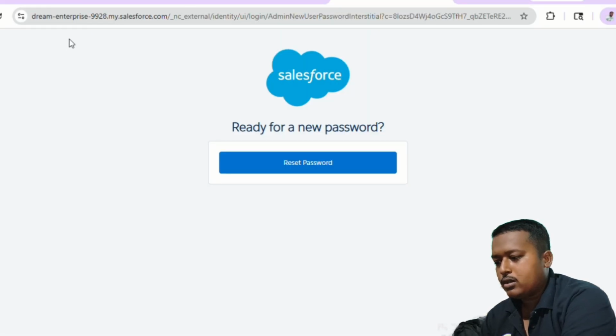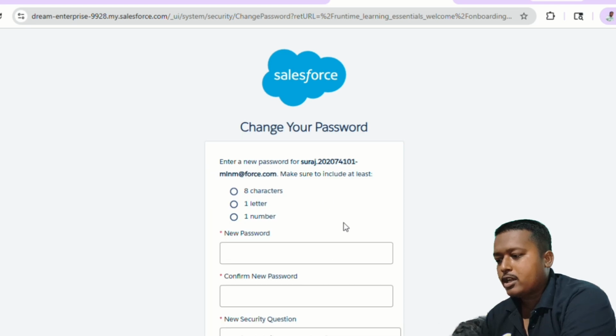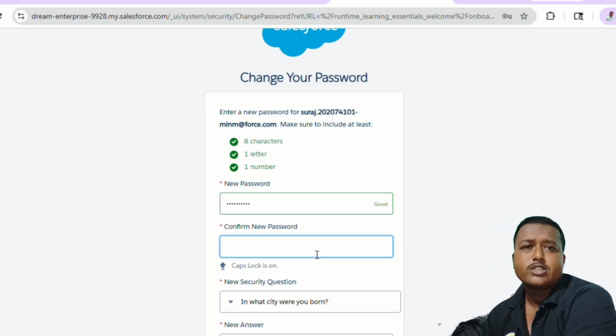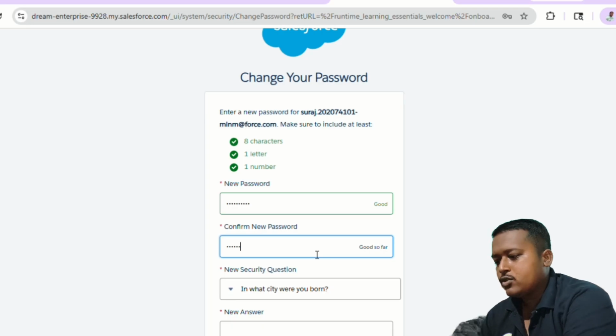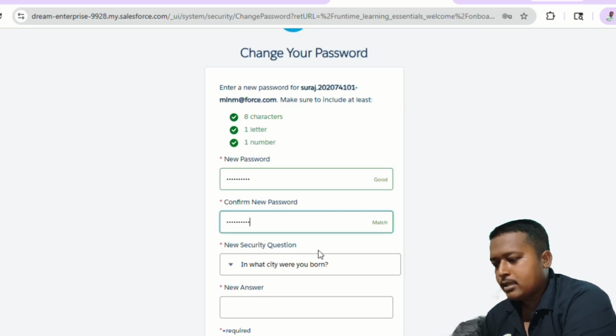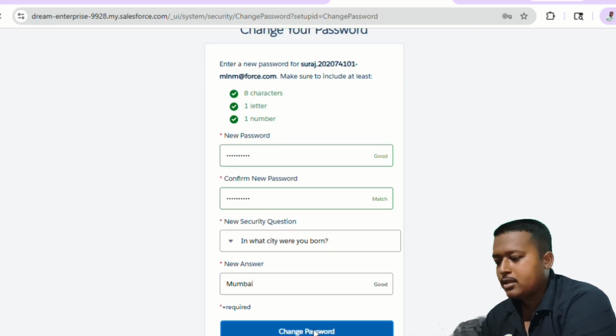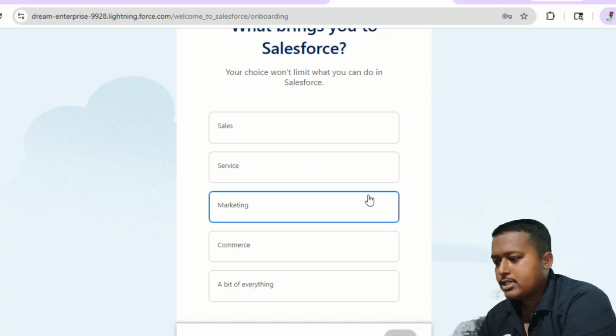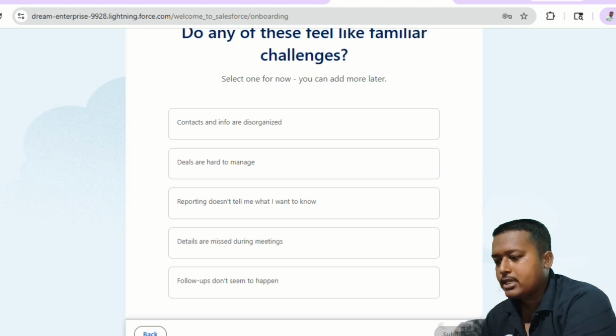Okay, so I will go to the URL of Salesforce. As you can see, now we have the option to set a new password. Click on reset password, and after clicking on this, I have the option to set the password, and as you can see, all the criteria are there, like characters, letters and so on. So you need to set your password accordingly. After entering all the details, there is also one security question: where is your birthplace. For now I am keeping it as Mumbai, and clicking on change password. After clicking on this, my account is created, I think, and I just need to verify it after login.